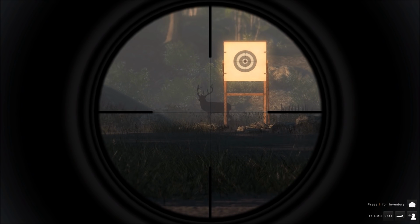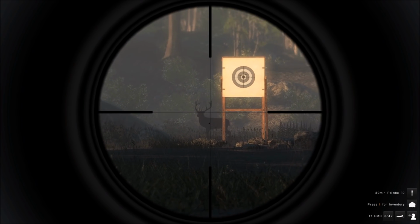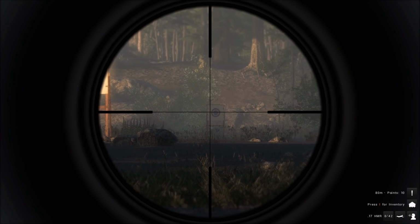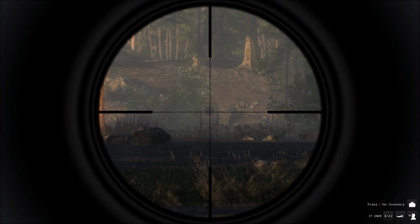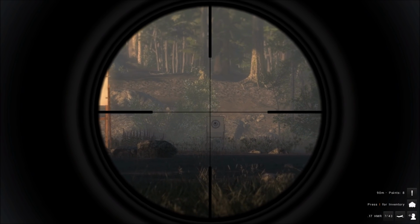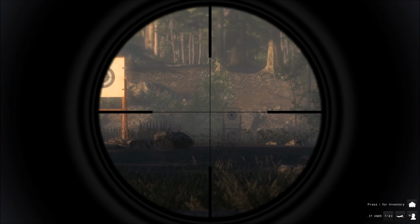Now let's try this one. I think this is 75. If we hold a little bit low, perfect dead on. And this one here should be about 75, 80. See, we shot a little bit high. At 90 meters it shoots just a touch high, which is alright,